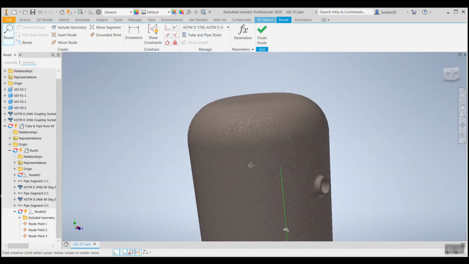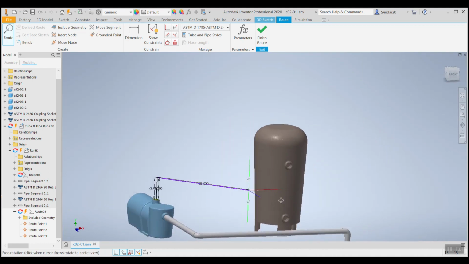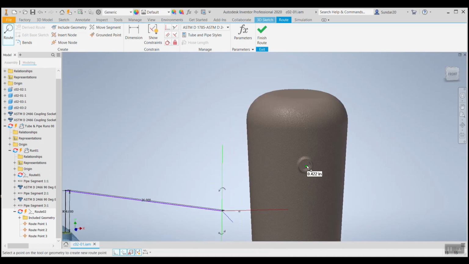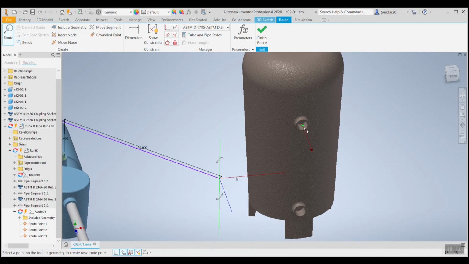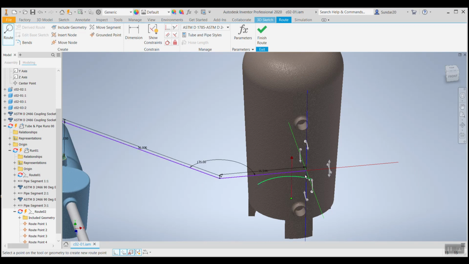And now, one second, we don't know exactly the center point here, so we don't know the distance between here and here, and it will be more difficult for us to find also. So what we can do is right click, say point snap, and go to origin and select this plane. It will automatically bring your line here.